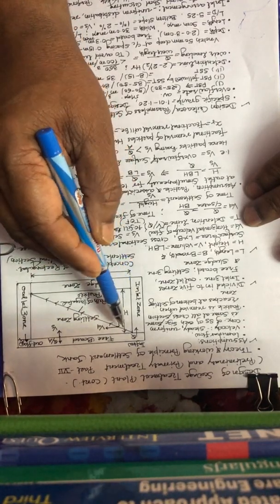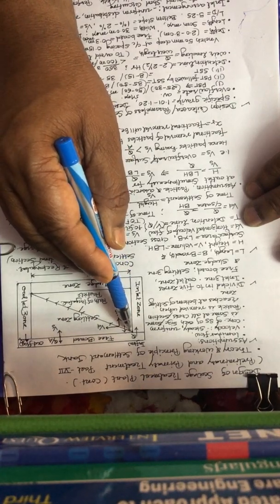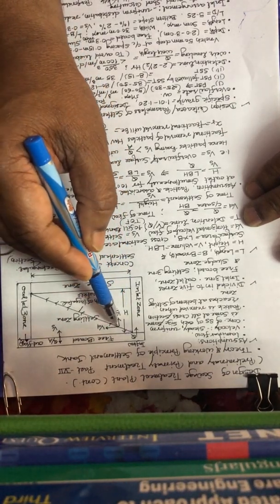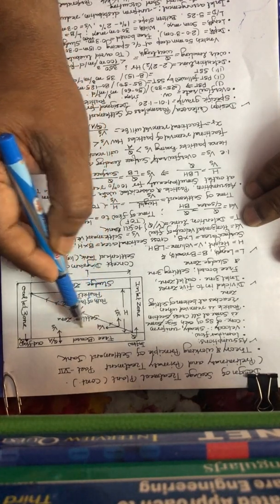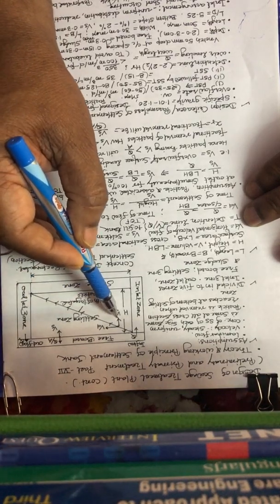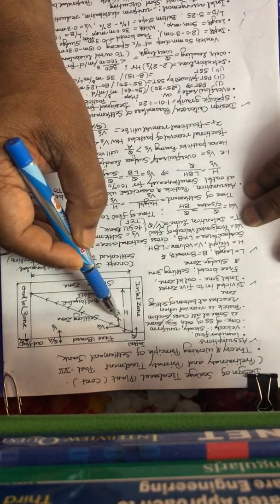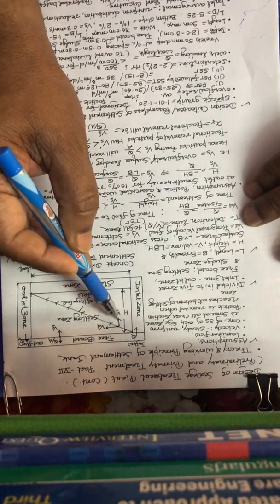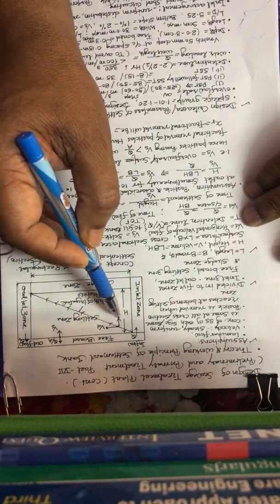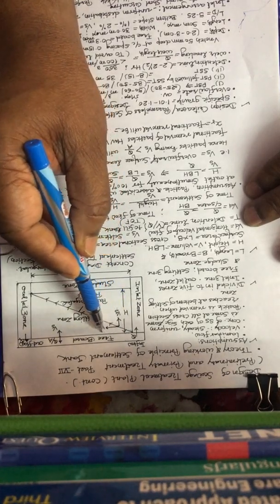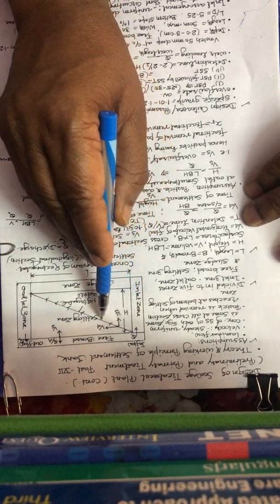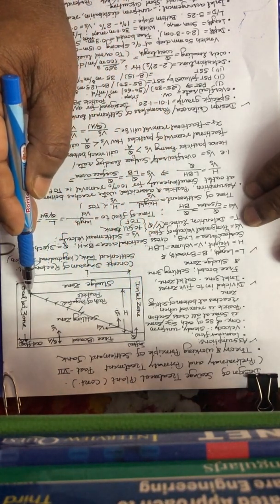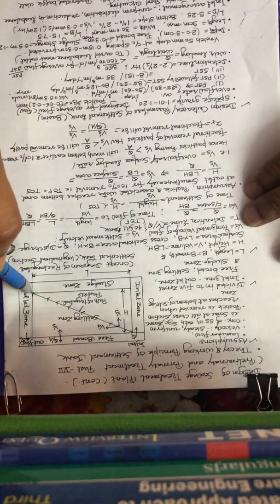So the suspended particles will have two velocities. One is the horizontal velocity of flow, because of which the particle continues to move toward the outlet. Another is the terminal velocity or settlement velocity, because of which the particle will go downward. So under the effect of these two velocities, the particle will neither travel truly horizontal nor truly vertical. It will follow a path like this, and it should reach that point during the detention period.